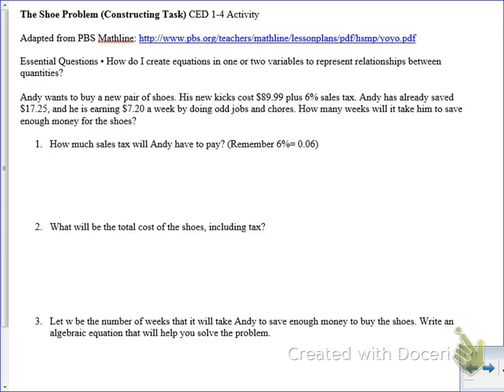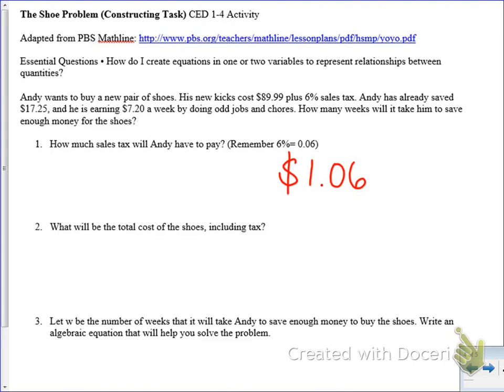Number 1 asks how much sales tax Andy will have to pay. Now that's on top of this $89.99. So if I'm trying to think about how much sales tax costs, I can think about the dollar store. When I go to the dollar store and I want to buy one item with 6% sales tax, I would find that is 6 cents. So total, I would have to pay